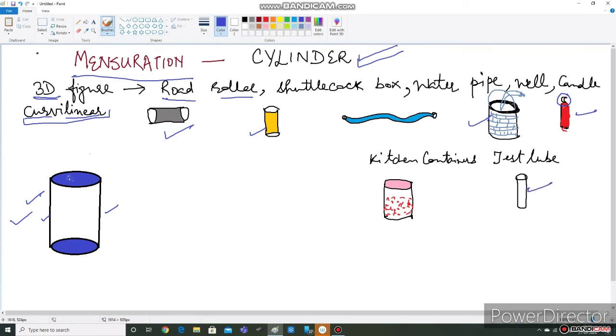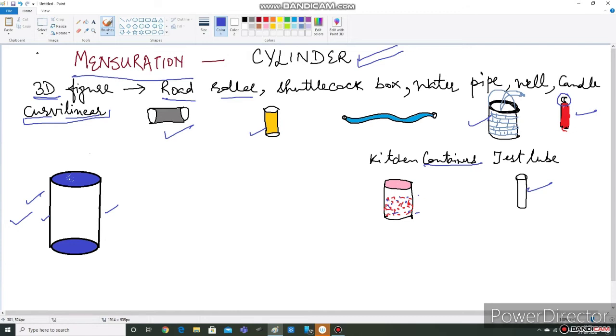But somewhere it is not the standard shape of a cylinder, but we can say it is a cylindrical shape, right? Not a standard one. Then students, another example in daily life which we see is surely in our kitchens, when mother uses the kitchen containers to store things. These are the things stored in the kitchen container, so it is also a cylindrical shape, right? So there can be hundreds of more examples which we see in our daily life.